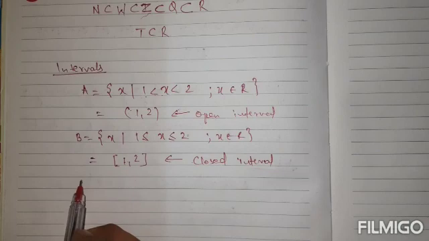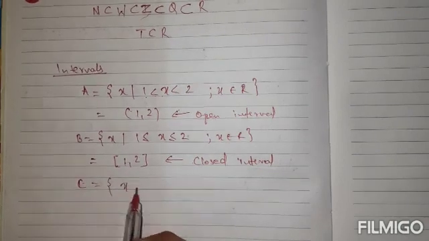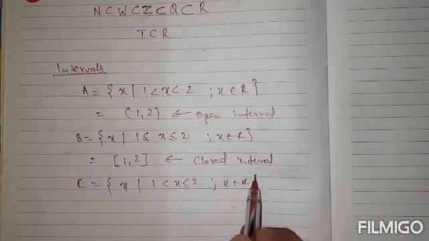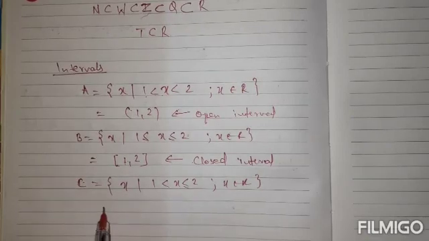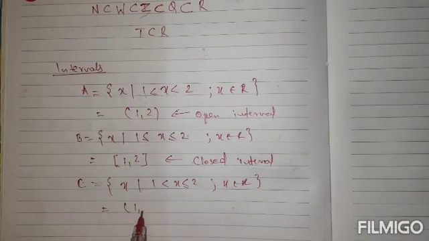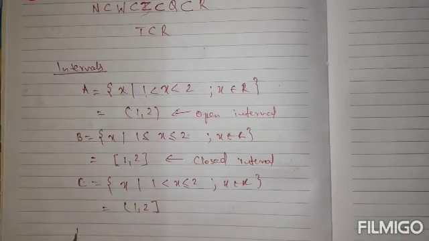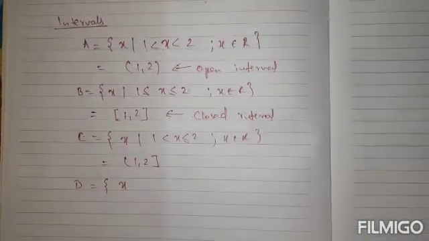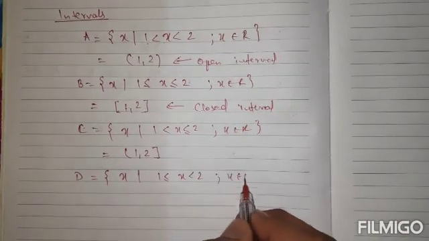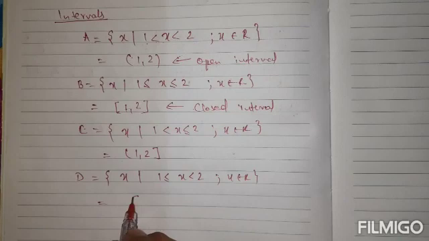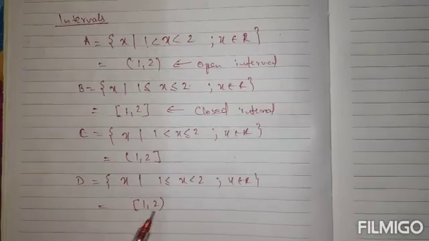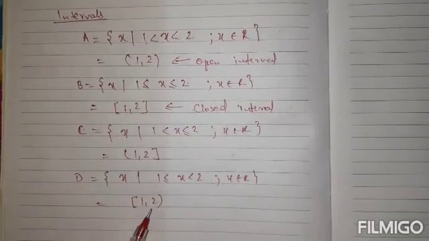Similarly, there are sets like this also. If we have to write in this way, here what does it mean? That this is a set in which 1 is not present but 2 is present, and all the numbers between 1 and 2. This can be written in this way. This is open closed. Similarly, if we write in this way, then it can be written as closed open. Here 1 is included, 2 is not included, and all the numbers between 1 and 2 are included.